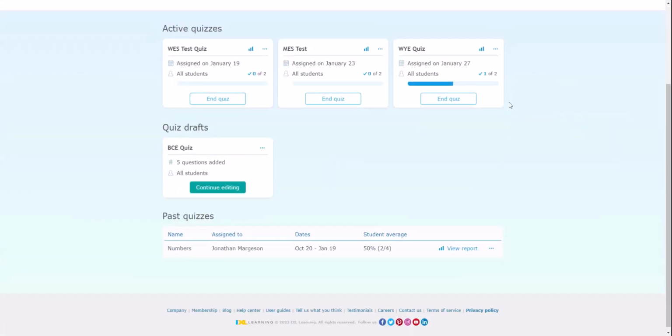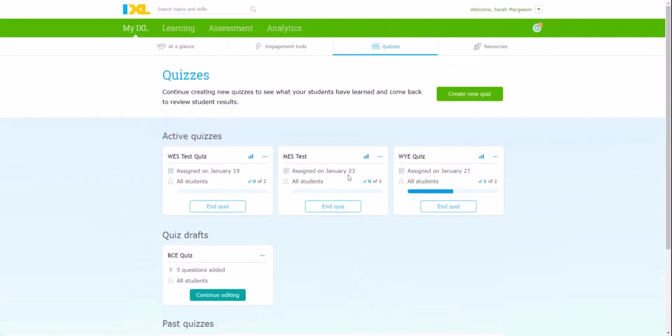Any quizzes that are currently going for my students will show up here, and then I'm able to manually end those quizzes. Any quiz drafts that I've created but haven't published for students yet are going to show up in quiz drafts. And finally, any quizzes that I've given, and those quiz results, will show down here under past quizzes. So to create a new quiz, I'll click this green button,